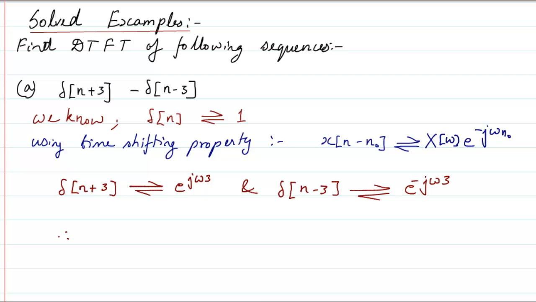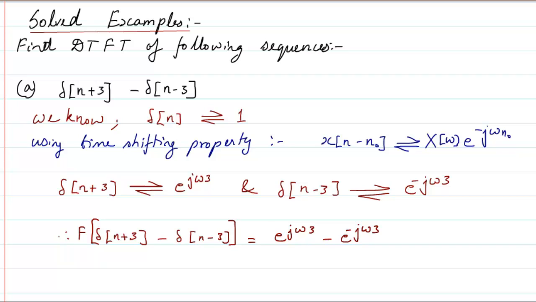Therefore, I can write that the Fourier transform of delta n plus 3 minus delta n minus 3 is going to be equal to e raised to power j omega 3 minus e raised to power minus j omega 3,